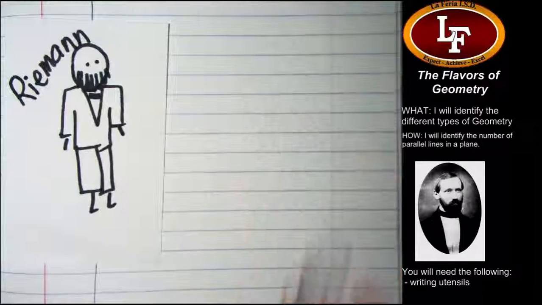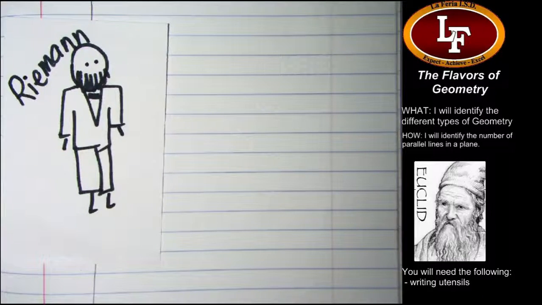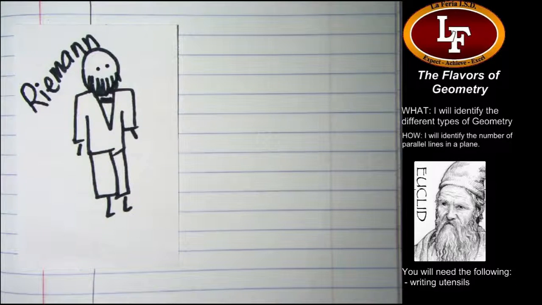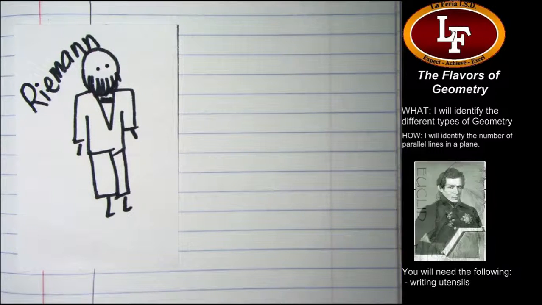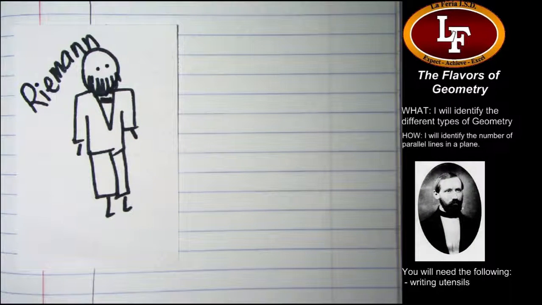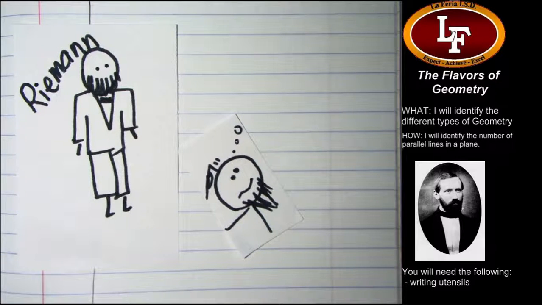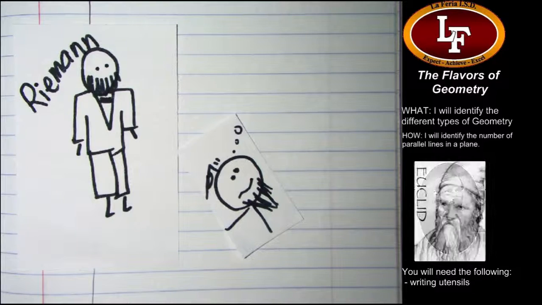Enter this dude. His name is Riemann. I have no idea where he's from. He might be German, I don't know. Yeah, Riemann. He's got an awesome beard and pants. So here's this dude Riemann with his awesome beard and his awesome pants, and he's sitting here thinking about this idea of, well, how many parallel lines do we have that go through a point? And he goes, well,